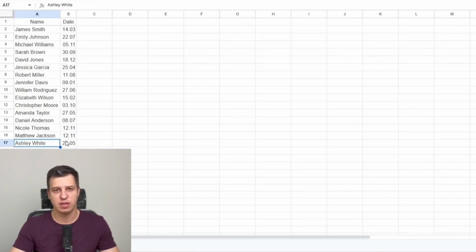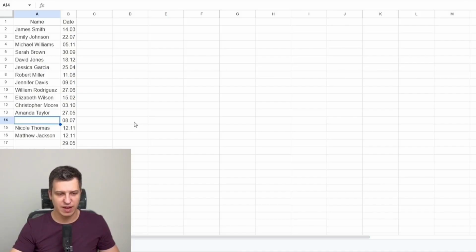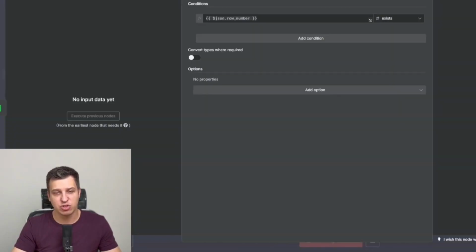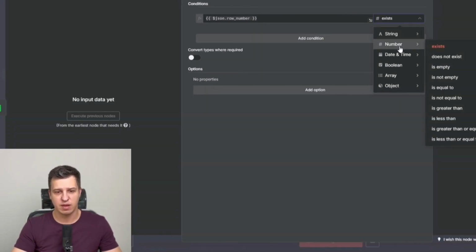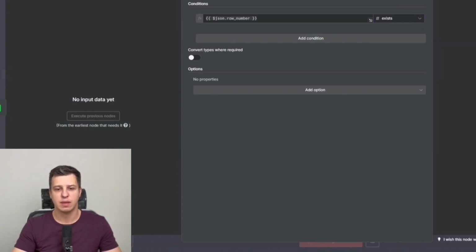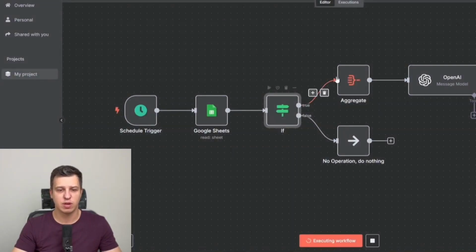In other words, in our simple table example, all the data is filled in, but sometimes there might be an empty name here. Right? And in that case, it will still try to check, congratulate, and so on. That's why we need to check this condition. So, it's checked using this function, this if parameter. Here, we select the number, and here we check if it exists. If it does exist, then we move on, and if it doesn't exist, we tell it to do nothing, and